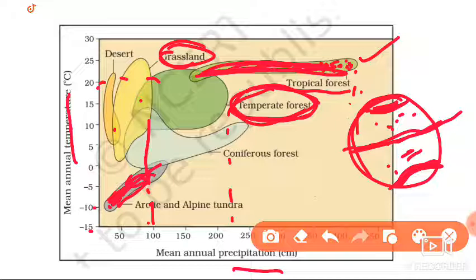This graph is given in your NCERT. Please go through this. The distribution of biomes is mainly explained there. That's it. And students, next here,